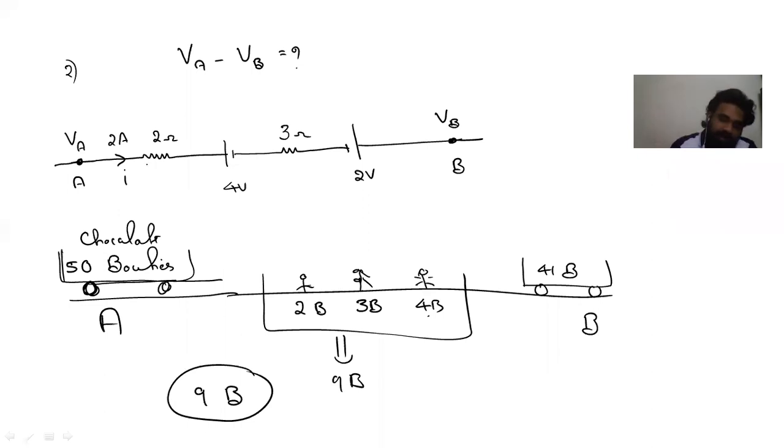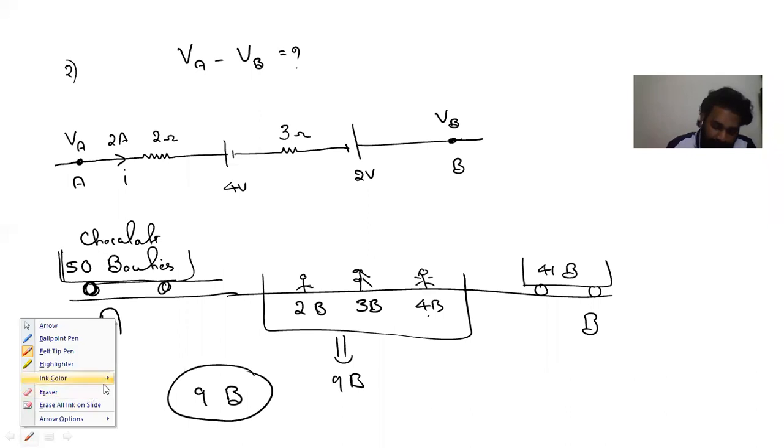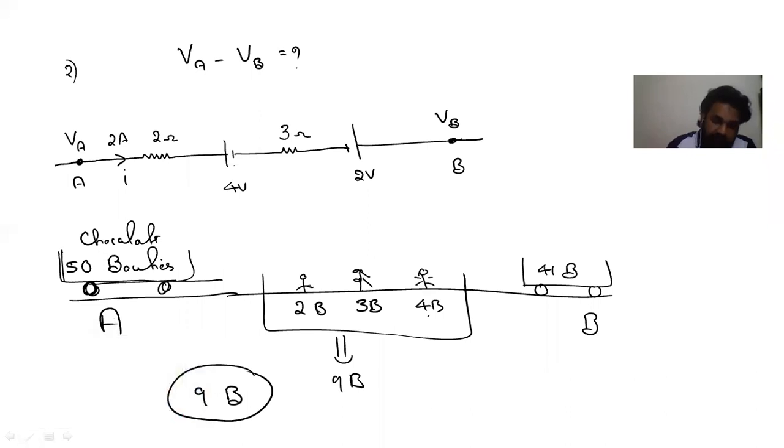That is what happens here also. When a current passes like this, plus to minus, it goes from higher potential to lower potential, so we put a sign convention like this. You might already have watched these videos. So 2 ampere into 2 ohm is 4 volt, so a 4 volt drop will be there. And here 2 ampere is coming here also, so there will be a 6 volt drop.